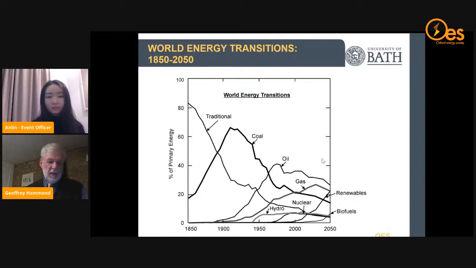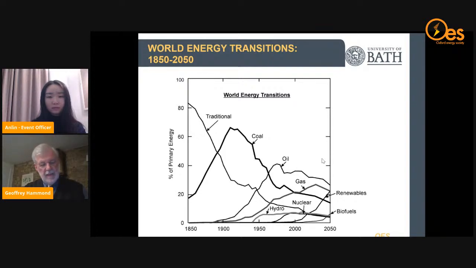After the Second World War, warships were converted from coal-fired steam-generating warships to oil-fired warships. And you've got this start to increase in oil. Then oil started to be used widely for transport. And subsequent to that, you've got developments in natural gas, in hydro, in nuclear power, and in renewables. And this slide is made up of 2 things.